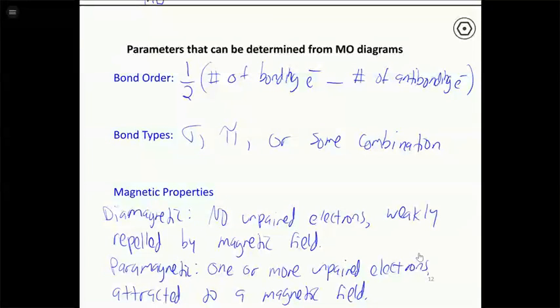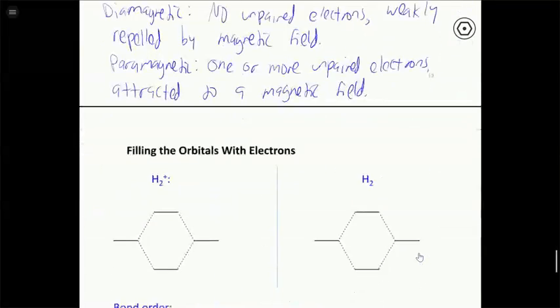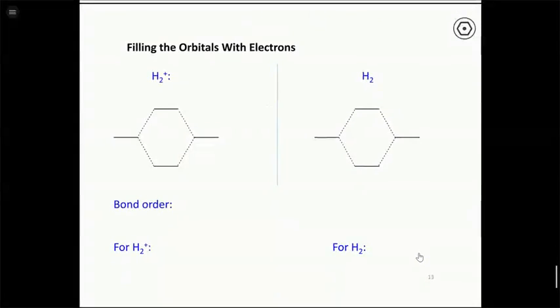All right, so with those in mind, let's start looking at some real examples of molecules and how we build their molecular orbital diagrams. We're going to start with the simple ones, which I've already introduced, which just involve mixing of 1s orbitals. So if we have anything with hydrogen in it, remember that the valence orbitals in hydrogen are 1s. Those are the only valence orbitals in hydrogen. And so we're only going to be able to mix those two orbitals together.